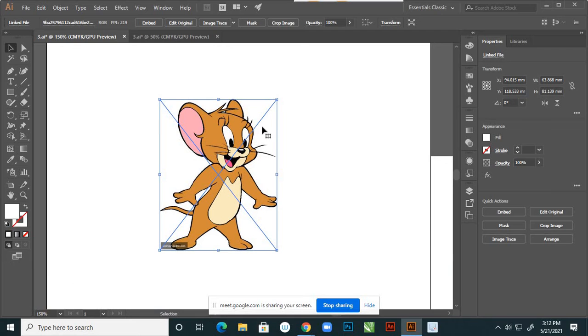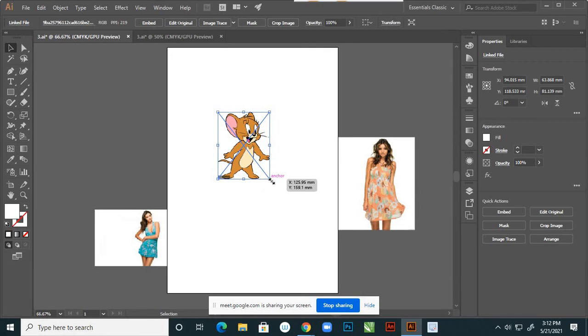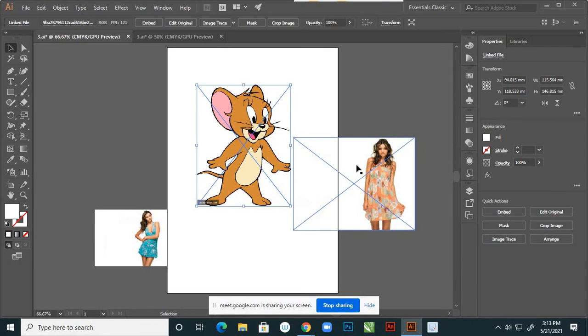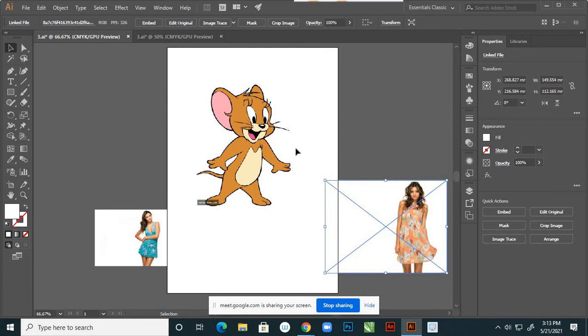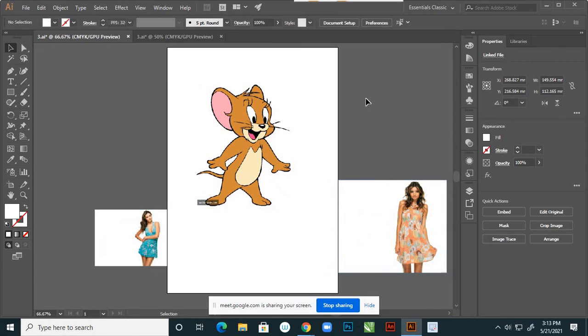We want to vectorize this because Illustrator is a vector based program. Suppose how to vectorize your drawing, there are two methods. Manually, which means with the pen tool we trace every outline, that is the regular way. The other one is that Illustrator itself can trace. So how to trace that?